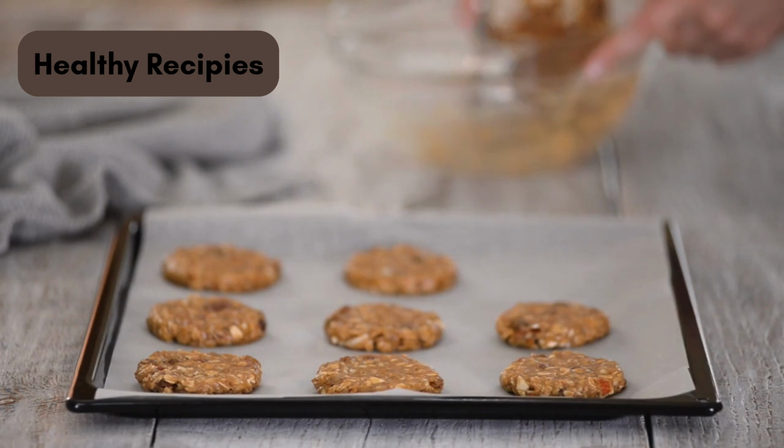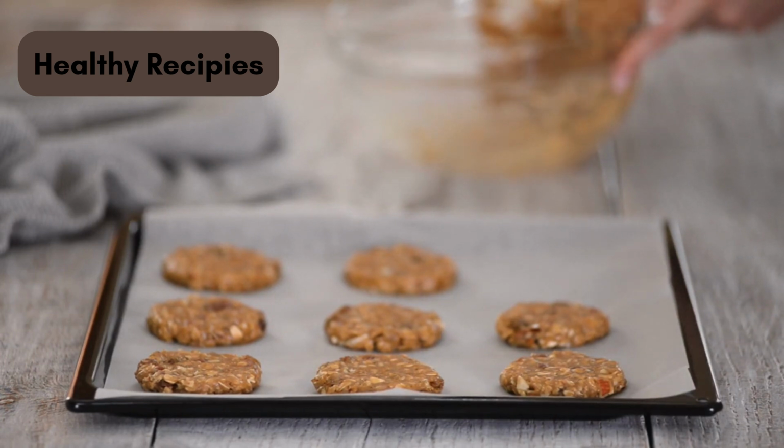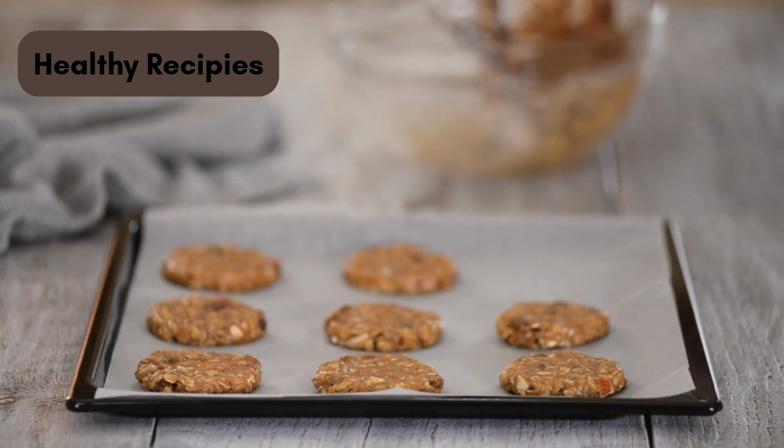Look at these, they're soft, chewy, and naturally sweet. Perfect for breakfast or a midday snack. And the best part? No added sugar,